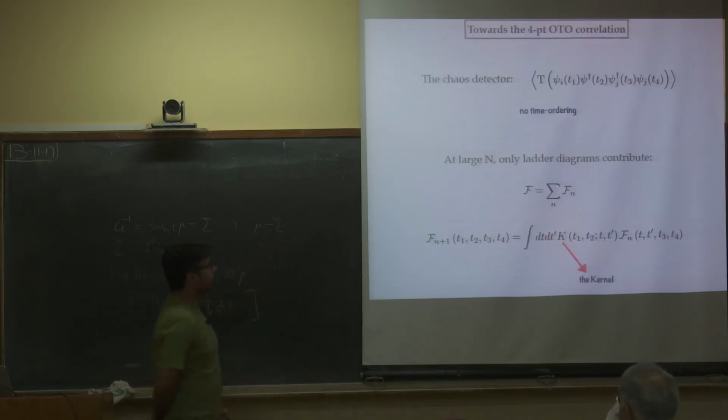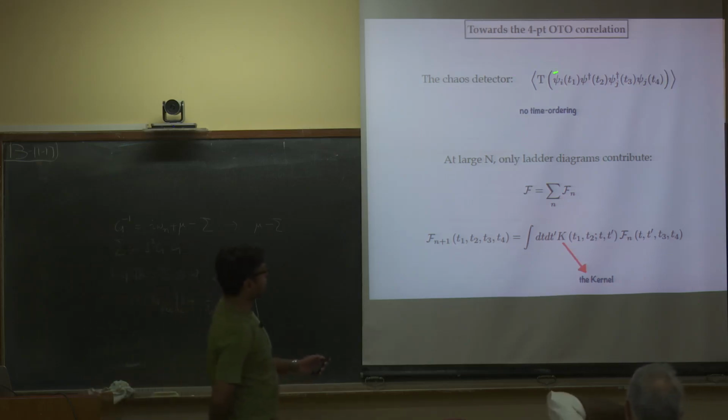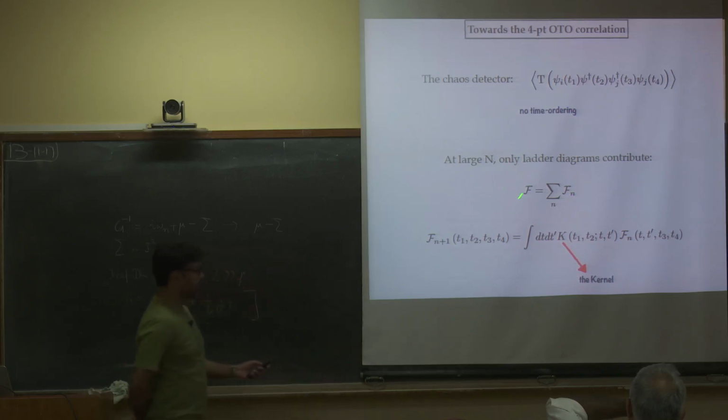Instead, I will very briefly talk about this 4-point out-of-time-ordered correlation function. So essentially, one needs to calculate a function like this, where, sorry, I should not have put this t here. There is actually no time ordering, and at large N, what happens is this quantity is essentially a sum of ladder diagrams of this sort. So this curly F's are